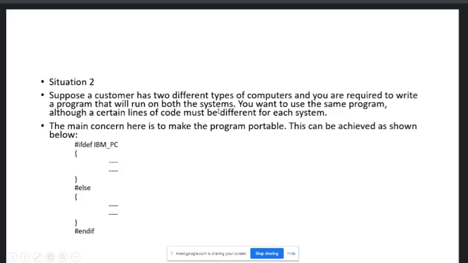Situation 2. Suppose a customer has two different types of computers and you are required to write a program that will run on both systems. You want to use the same program, although certain lines of code must be different for each system. For example, if you know computer systems, you can buy a 32-bit OS, you can buy a 64-bit OS also.